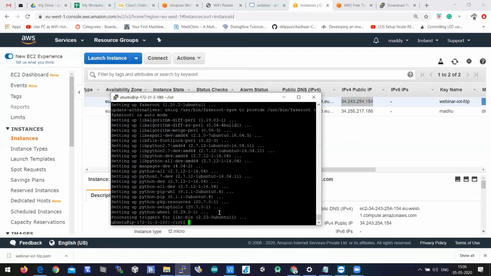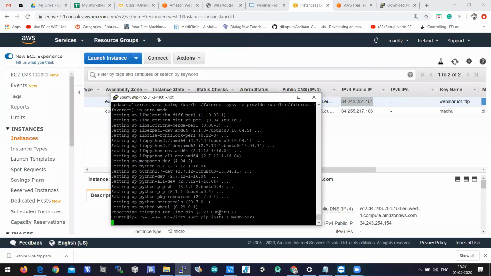So Python pip is installed. Have you all installed Python pip? To install it, this is the command: sudo apt-get space install space python-pip. Now let us install the libraries. sudo pip install matplotlib.